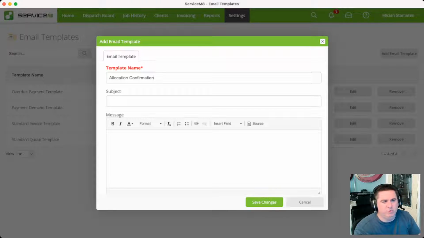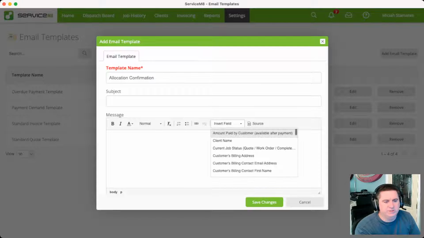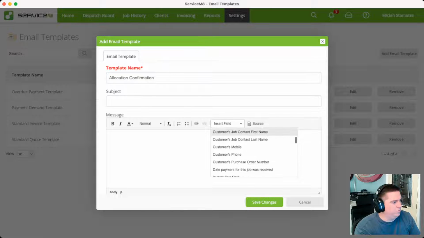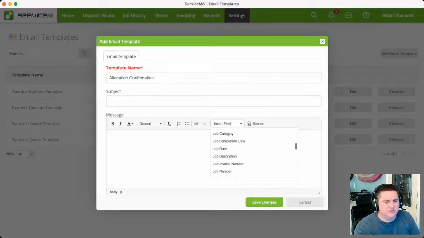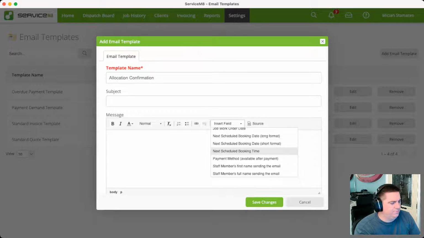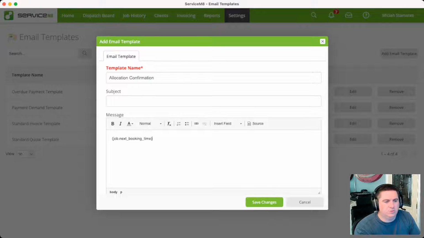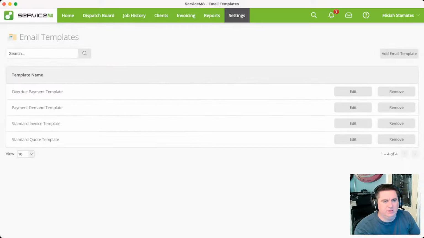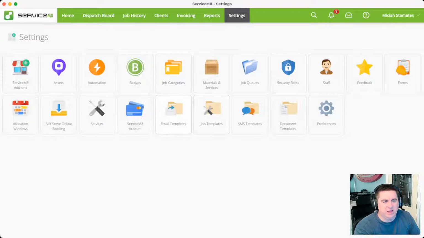And you can add this to other templates as well, and the subject line of whatever. But the biggest thing I want to point out here is the next scheduled, there it is, next scheduled booking time. Okay, so this merge code will populate the times that we see here in the allocation